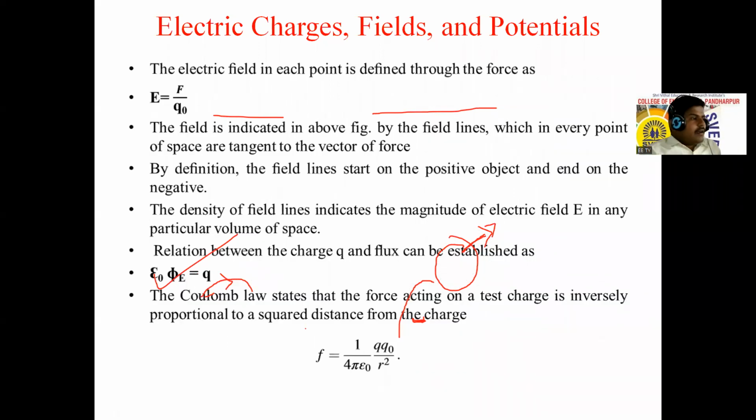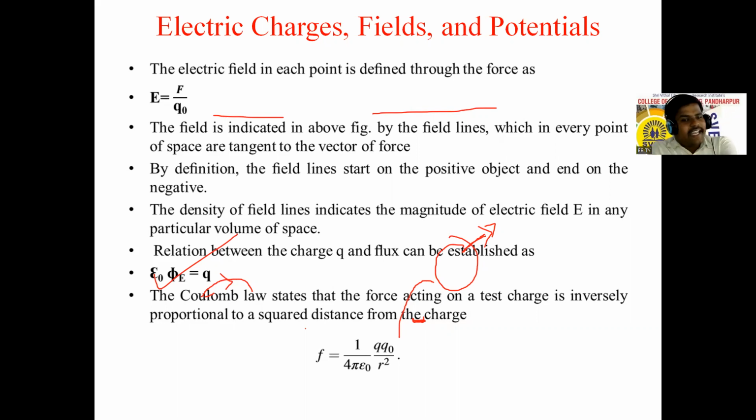See, the electric field can be defined for that specific point. If we are considering one test charge and one charged object, there is a force between that charged object and the test charge, so we define the electric field as present. So it is defined as E equals how much force is acting, that is F, divided by the charge of that test element, the test charge Q0.